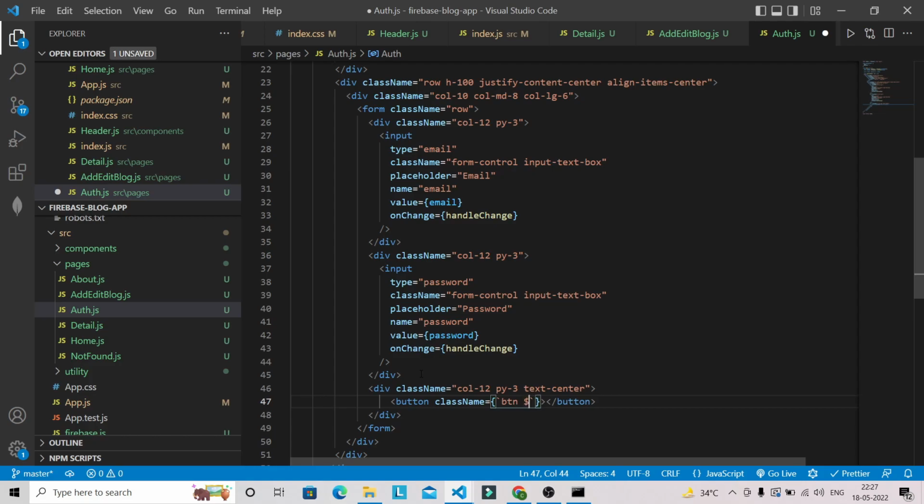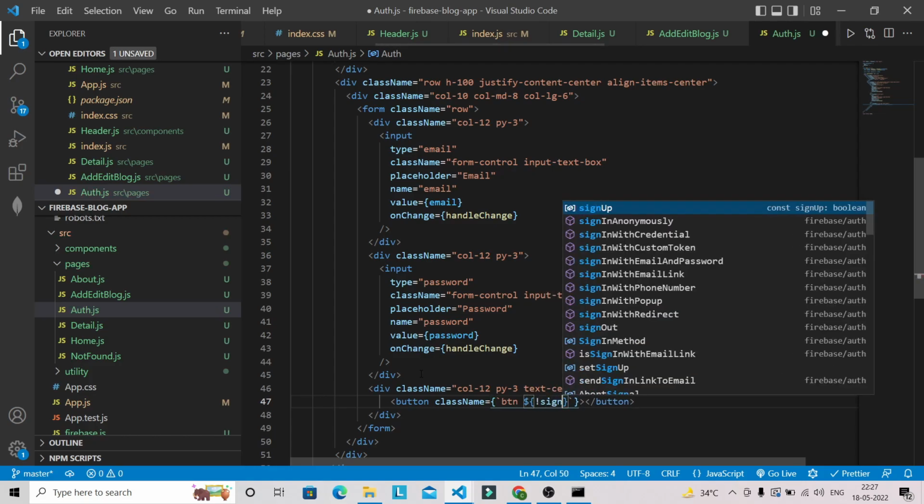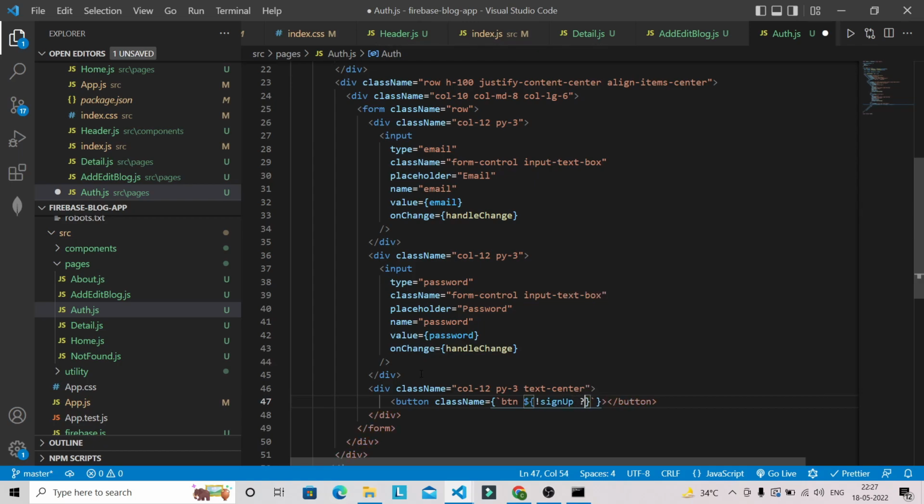And here we have to determine, like, if you are in sign in page, that means we have to give this class name, that is btn sign in, else btn sign up. Okay, and type will be submit. Let's format this one,